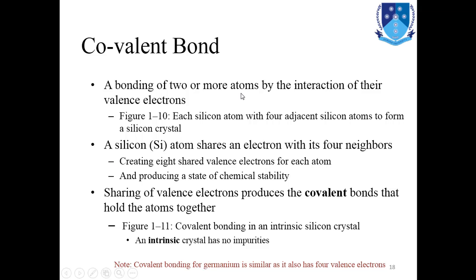The covalent bond. We know that a bonding of 2 or more atoms by the interaction of their valence electrons is known as a covalent bond. Or simply we can say that when two or more atoms share their valence electrons, it is known as a covalent bond. Figure 1.10 on the next slide